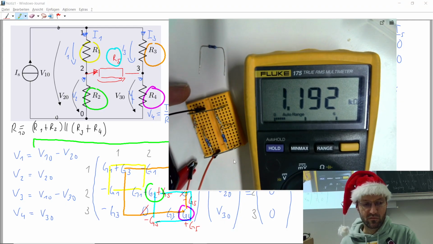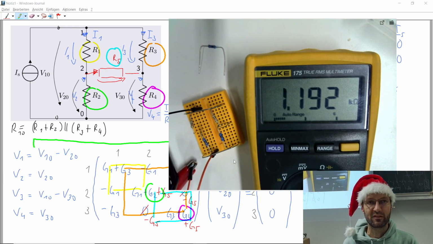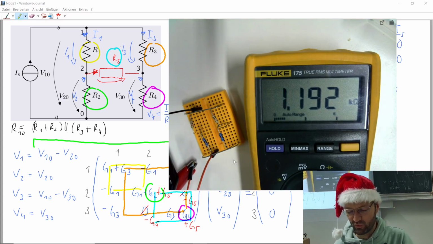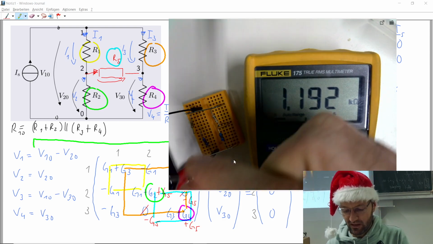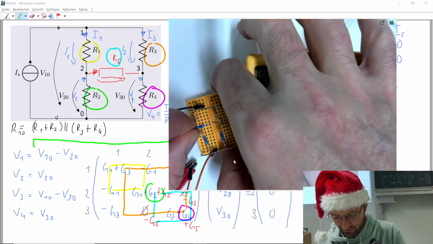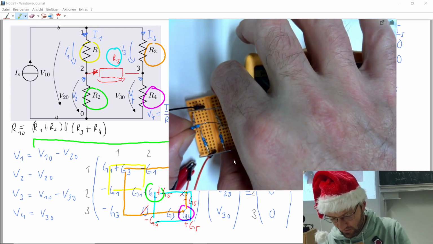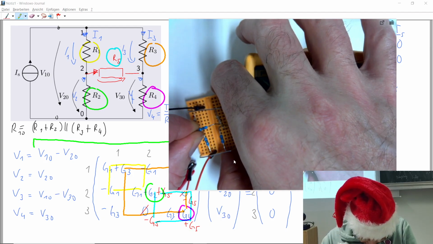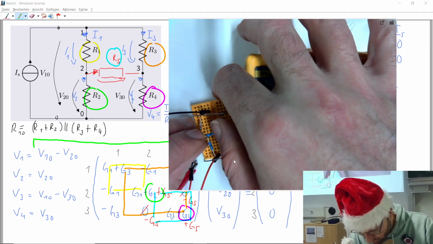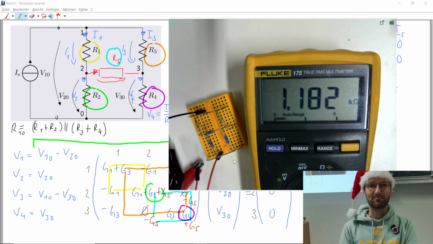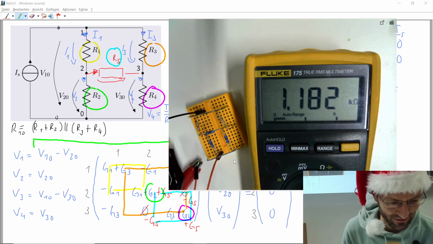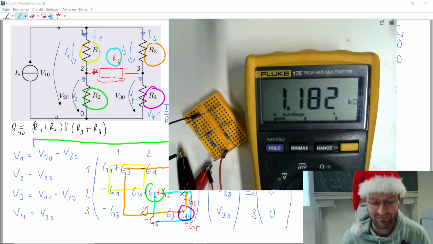So there's the result that we had before for the equivalent resistance of the circuit. That was not perfectly 1.2 kilo ohm, but a little less. We discussed this. Okay, so now I will take this resistor and place it here at the center. Unfortunately, I always need both hands to do this, and will block the view onto the display of the instrument. But there's the result. And so what happened? It got smaller, right? It went down. The resistance went down.